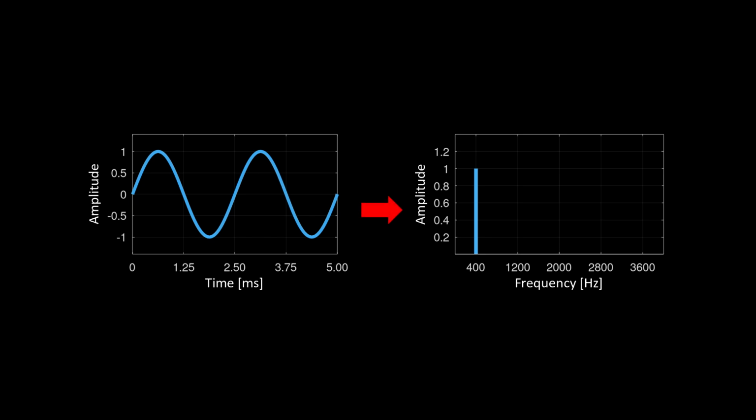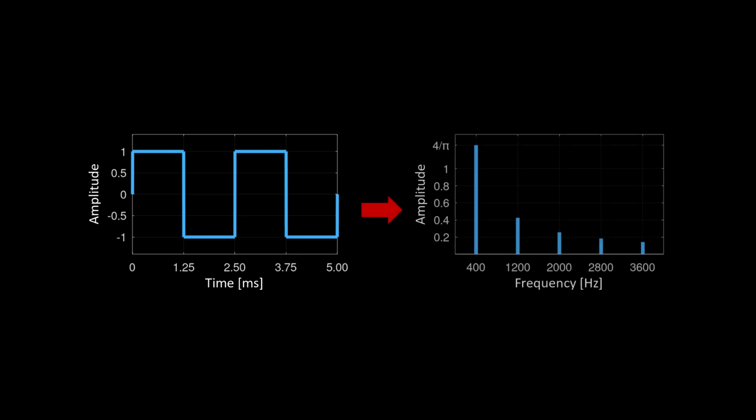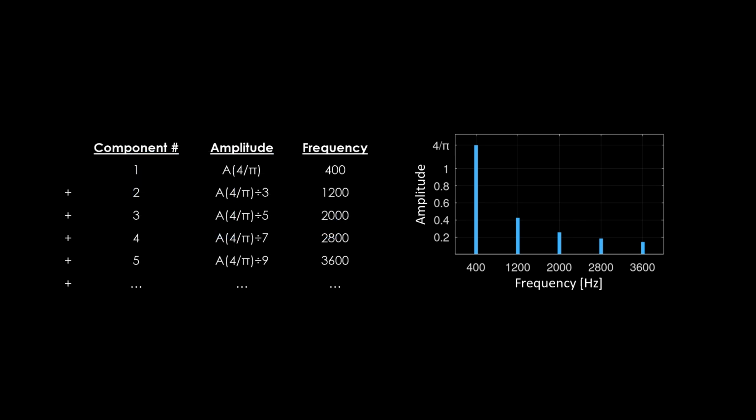If we apply the Fourier transform to a sine wave, its frequency spectrum will only show one component. This is because to form a sine wave, we need, well, a single sine wave. The frequency and amplitude that we see in the frequency domain are the same as those that we see in the time domain. Now, let's apply the Fourier transform on a square wave. What we are going to see in its frequency spectrum are the same frequencies and amplitudes of its Fourier series.